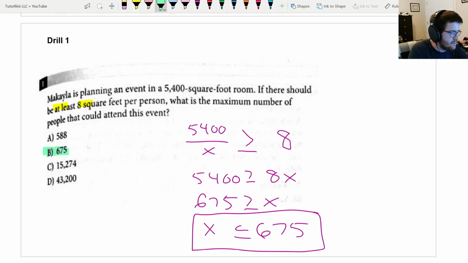And we should get answer choice B, which is correct. So the most that we could have is 675. If it said less than, we would maybe do 674, because we can't have a fraction of a person. So,